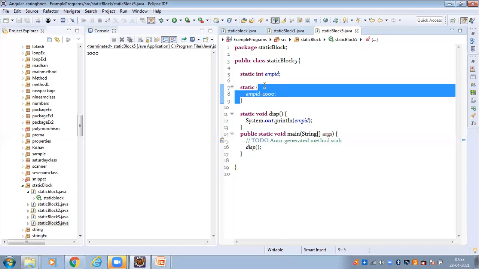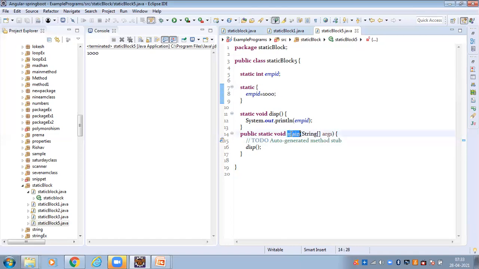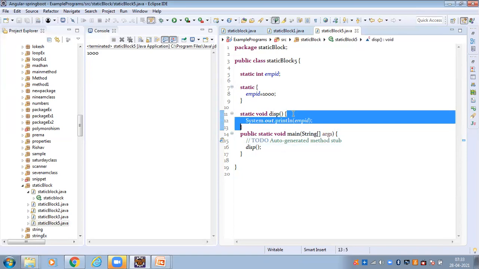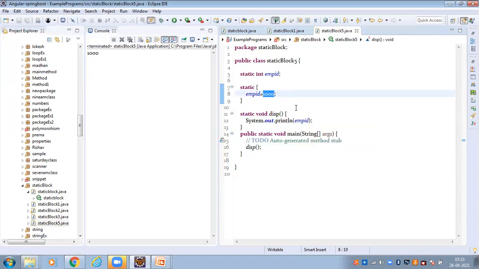The static block is executed first, before the main method, but only once. After that, the main method is executed and calls the display method, which prints the variable's value. The variable was already initialized, so the value 1000 is printed.